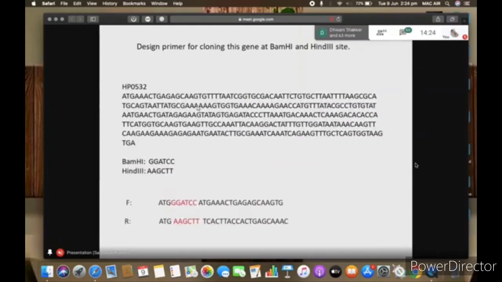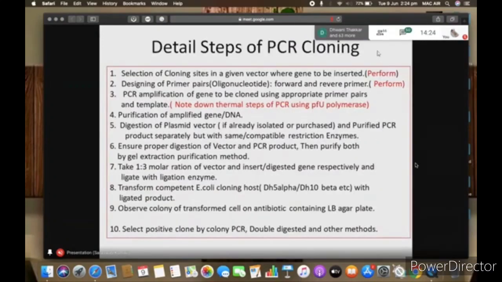First step is, write your answer in the message box. Out of several restriction sites present in MCS in the vector, which restriction site you will select to clone your gene? And we are talking about PCR cloning.